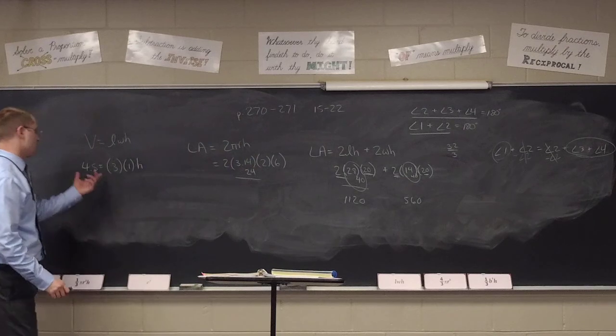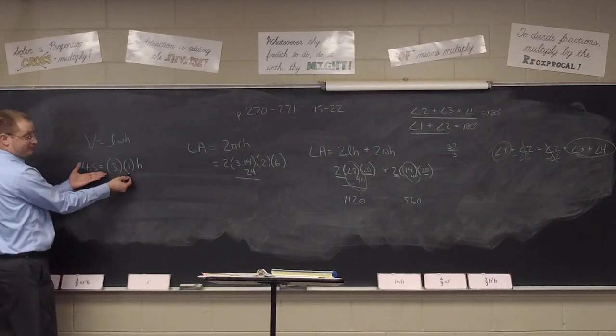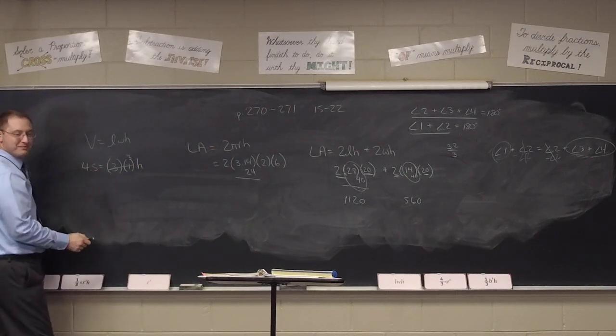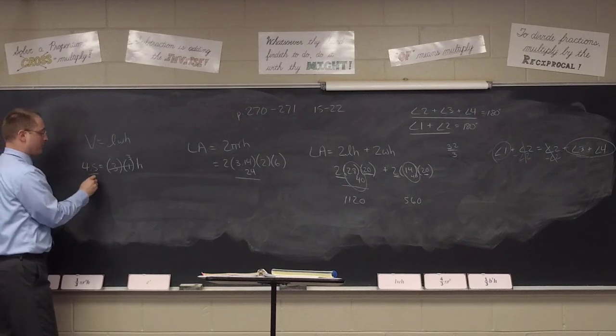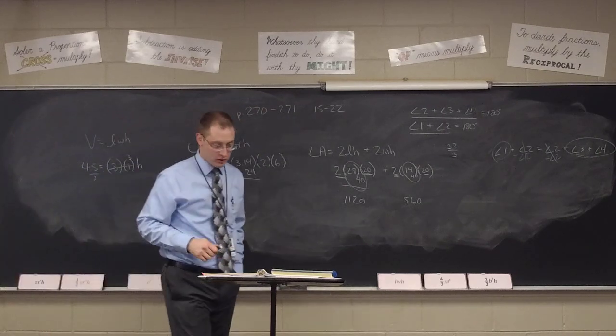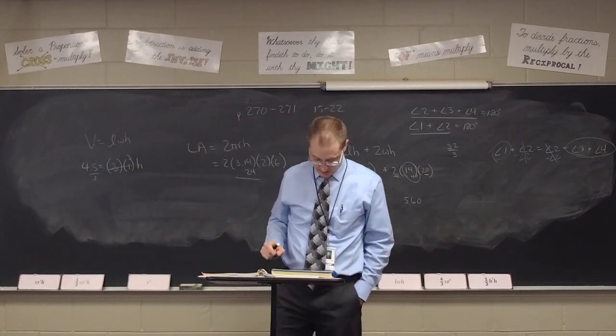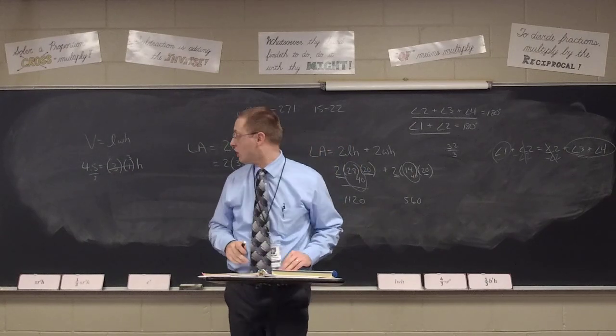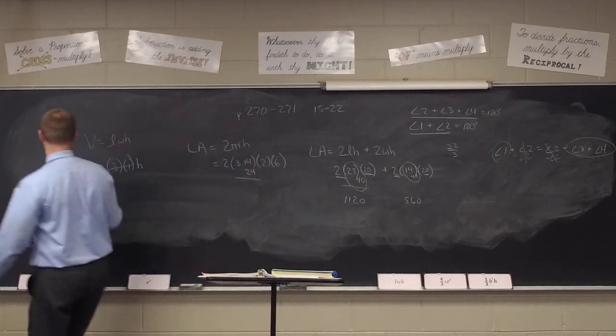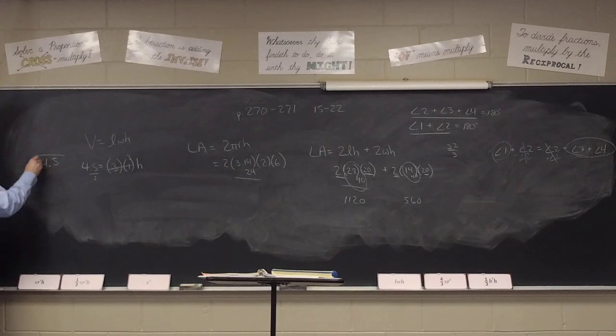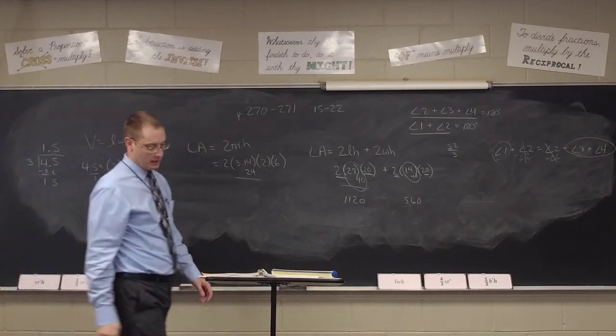And so we multiply to get 3H, and then do what? Divide. Divide away the 3 to get a height of 1.5 feet, 1.5 feet tall. 4.5 divided by 3? You see 3 goes into 4 one time with 1 left over, bring down the 5, make sure you carry your decimal up. 3 goes into 15 5 times, so 1.5 feet in height.